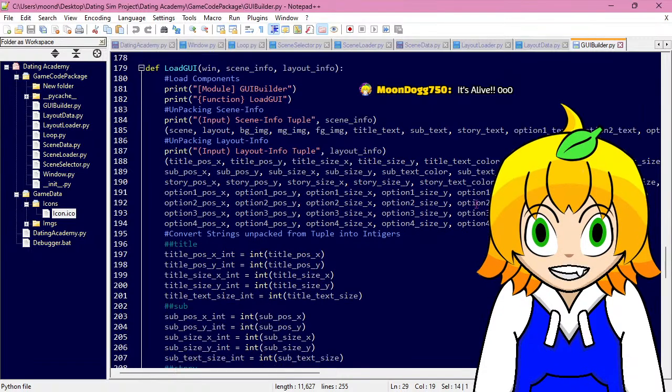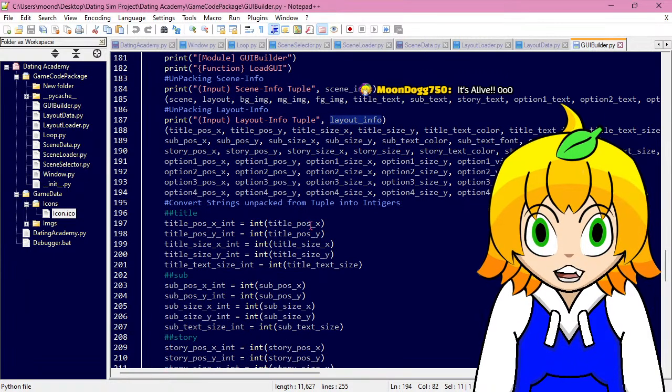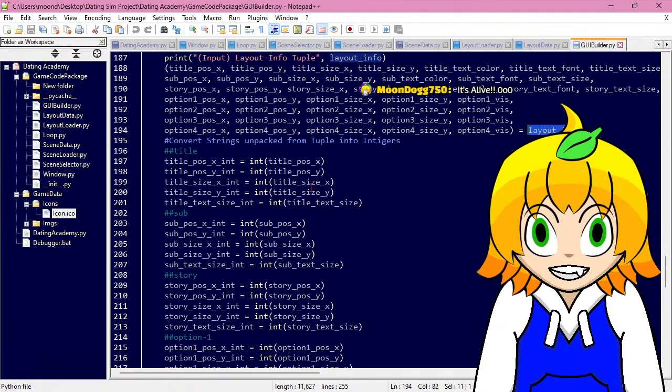And then we do the same thing for the layout information here. So the layout info gets unpacked. And I have a little thing here to print so I can see in the debugger what's going through the system. It helps me track where it's breaking, but I probably don't need it anymore, but I'm gonna leave it there